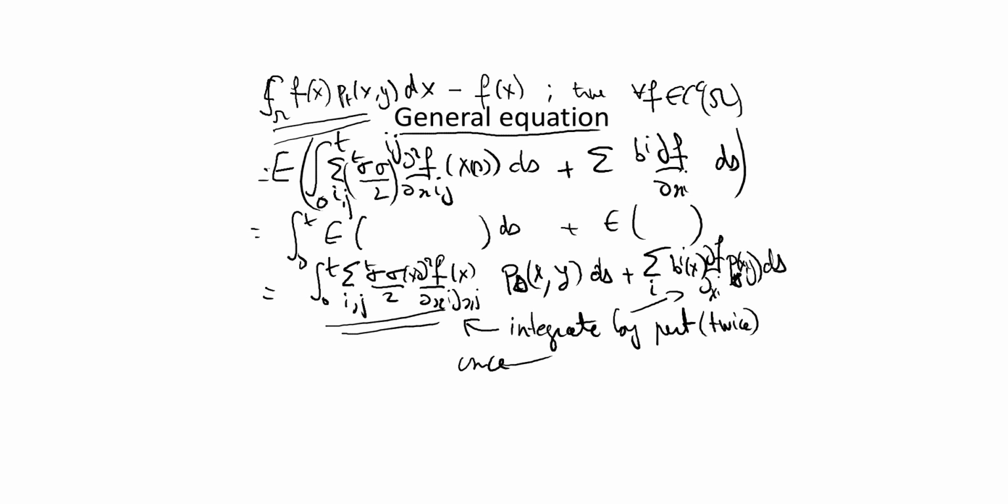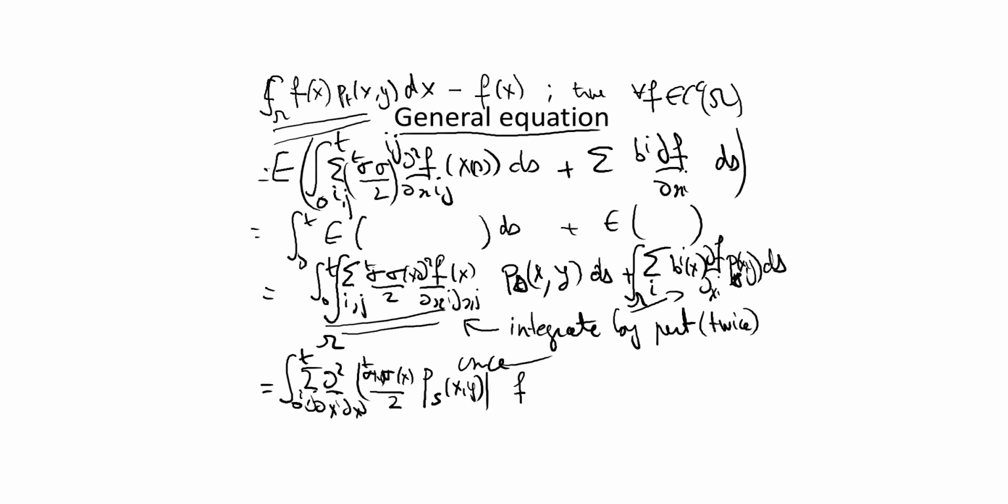So by integrating this term twice, and I forgot here, this is also integration over omega, and this is also integration over omega. So this is going to be integration from 0 to t of sigma transpose sigma at position x divided by 2 multiplied by p_s of x and y, and now we have to derive outside, d_xi d_xj, and this is the sum over i and j, and now we can multiply everything by the function f of x, and so we have also an integration here over omega